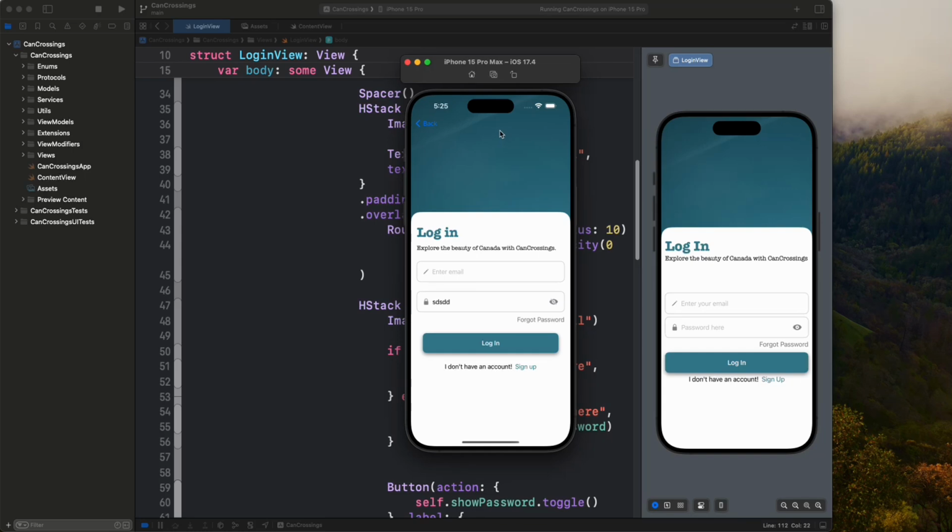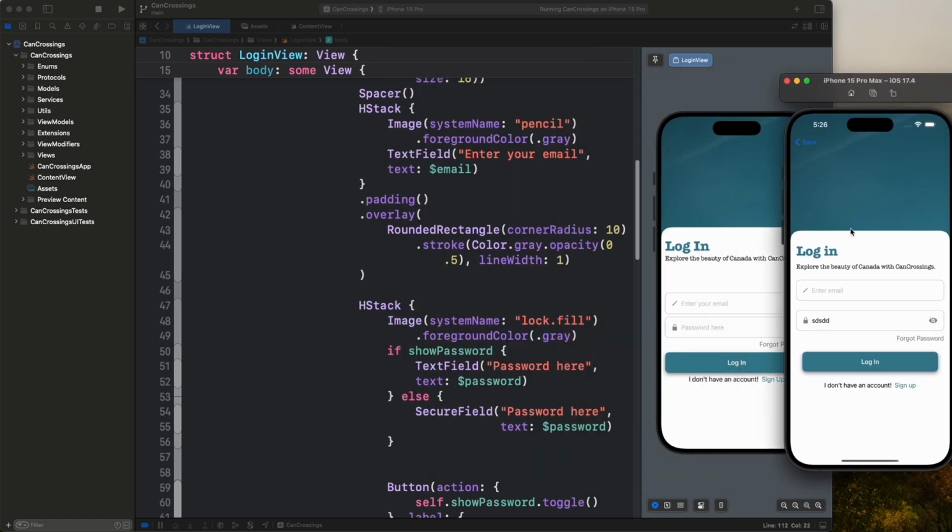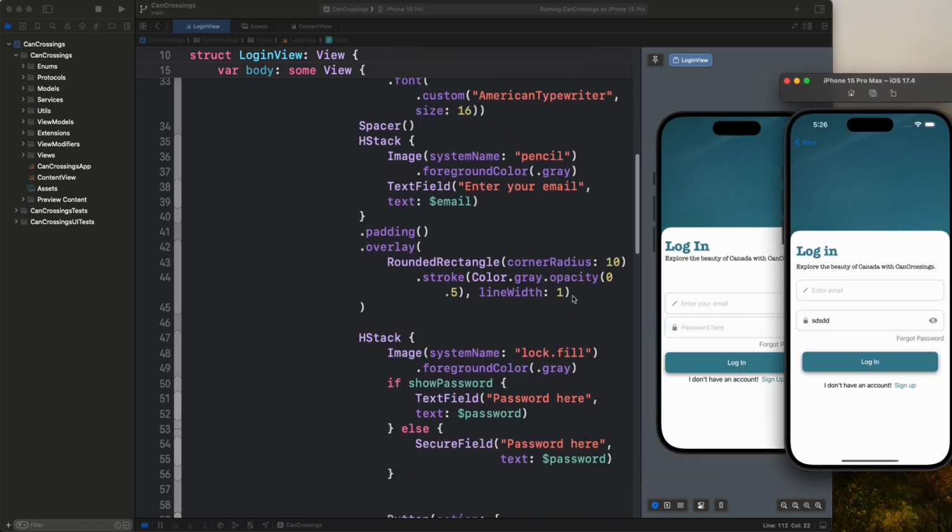In this video, we want to style our login screen, because as you can see, this login screen doesn't look exactly like this one, which is the finished app. And in order for us to get to this point, if we go back to our code,